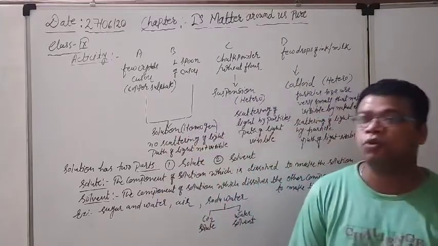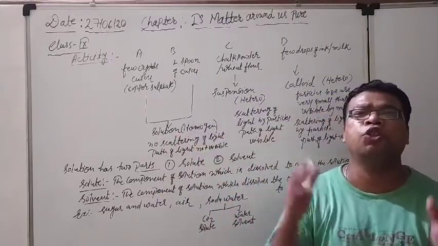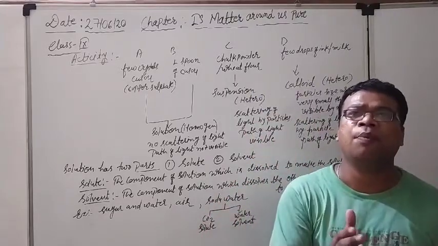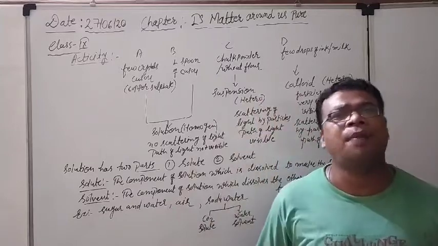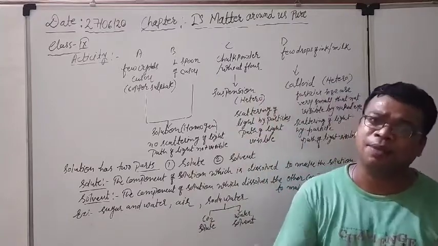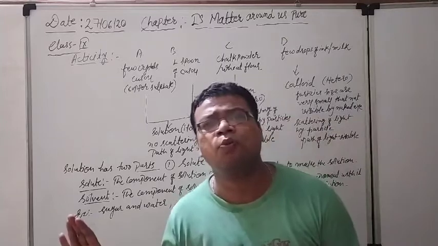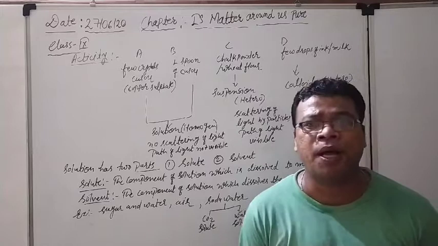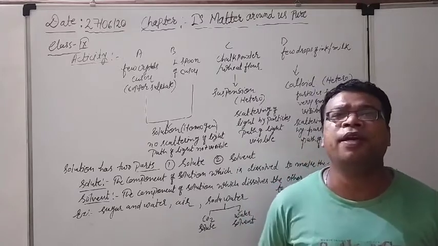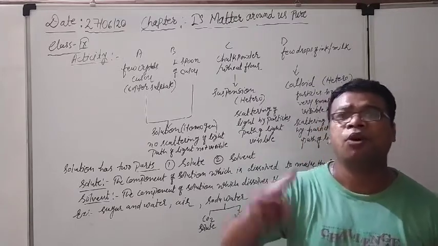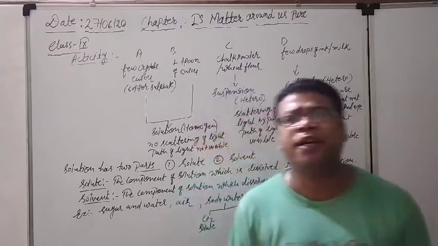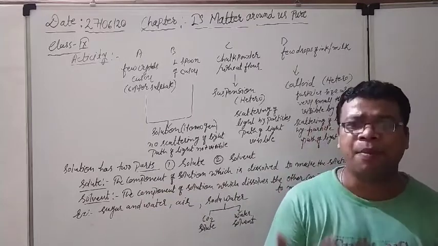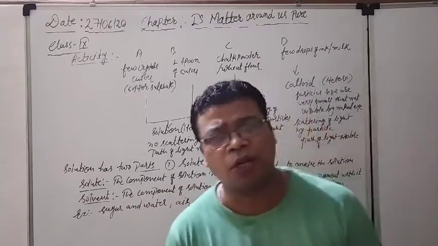So what is there for the solution? Solution is a homogeneous mixture in which one kind of particles is totally dissolved in the water. All the examples of homogeneous mixtures will work here, for example lemonade. Lemonade means "nimbu pani". When we prepare lemonade at home, the taste is the same for each and every person, because all the particles of the lemon are totally distributed in the water.